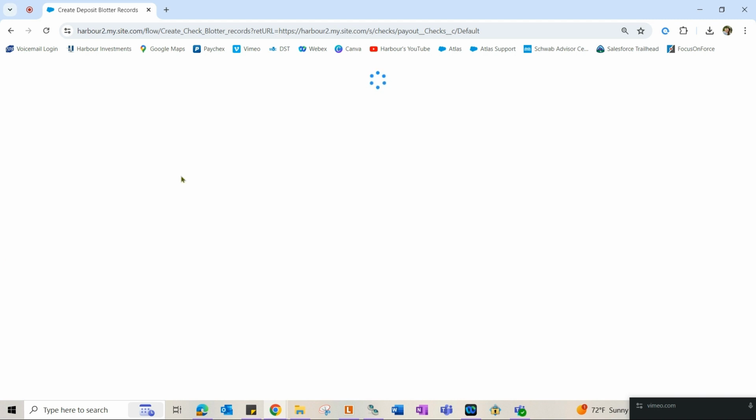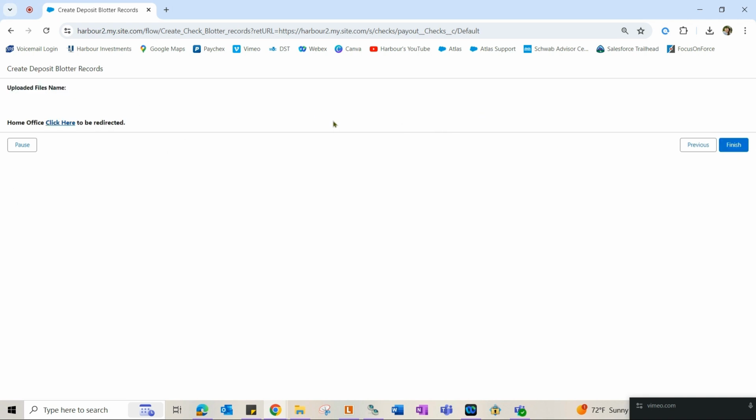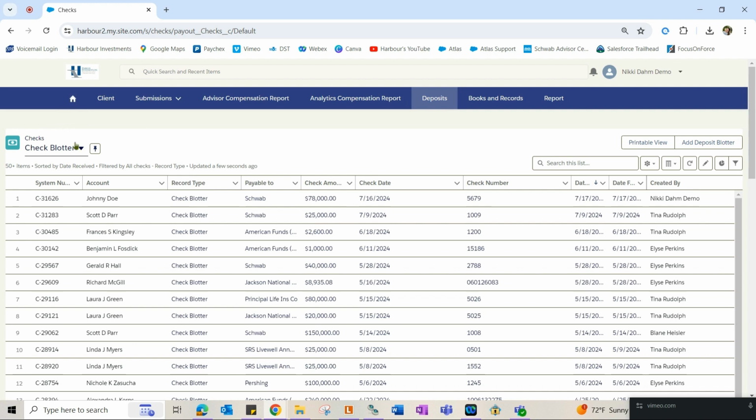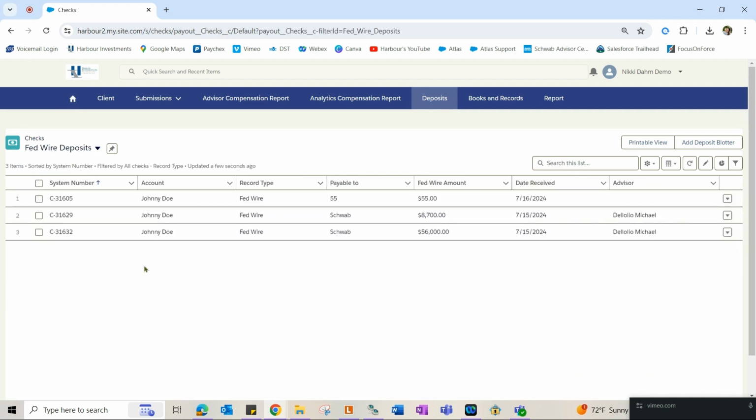And just like for my ACH transaction, I did not have any paperwork for this Fed Wire. It was a bank-to-bank kind of thing. There were no documents, so I had nothing to upload. So as per this, I'm not required to upload anything. This submission is taking place of that, so I don't have to review any file names, and I can finish this out. If I wanted to look at that Fed Wire transaction in the deposit blotter, just like for my ACHs, I want to click my menu and then click Fed Wire deposits,